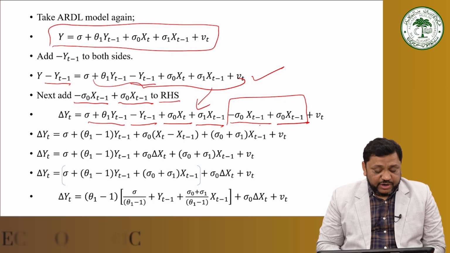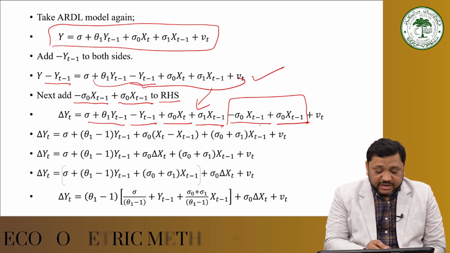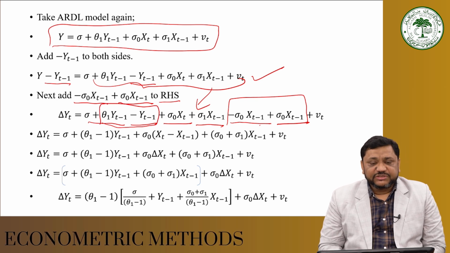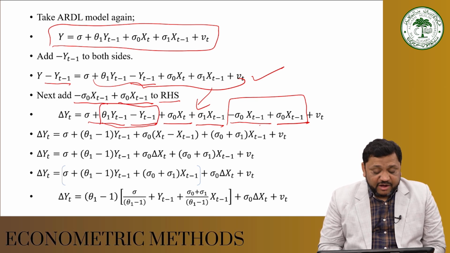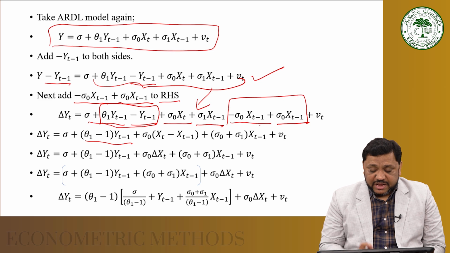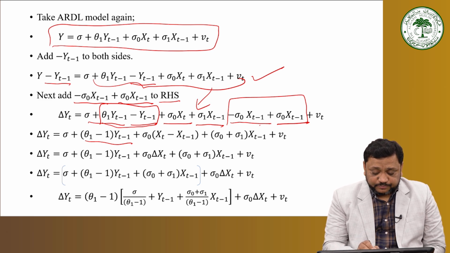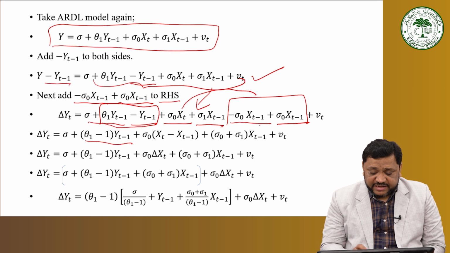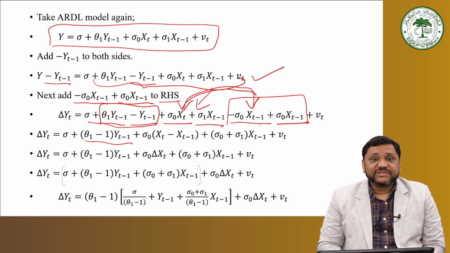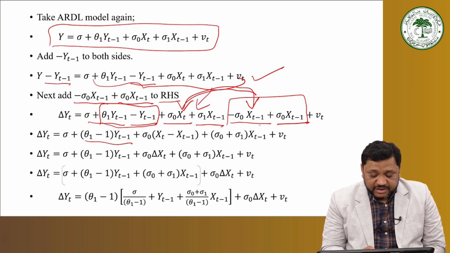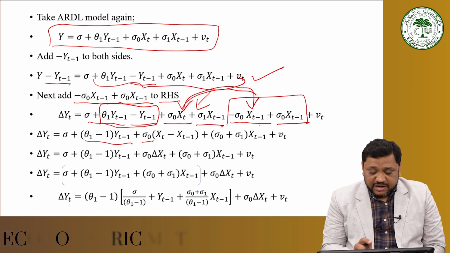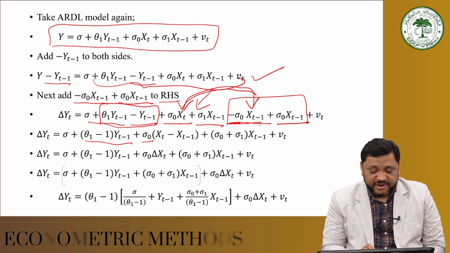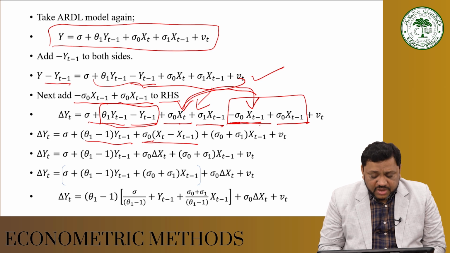So delta y_t is equal to sigma plus, now what we do, we take y_(t-1), which is common. So we can write sigma plus theta 1 minus 1 multiplied by the whole y_(t-1), plus again here sigma naught x_t and sigma naught x_(t-1). These two terms have the same coefficient sigma naught. So we take sigma naught common and what is left is x_t, and here it is minus x_(t-1). So we get this term sigma naught multiplied by